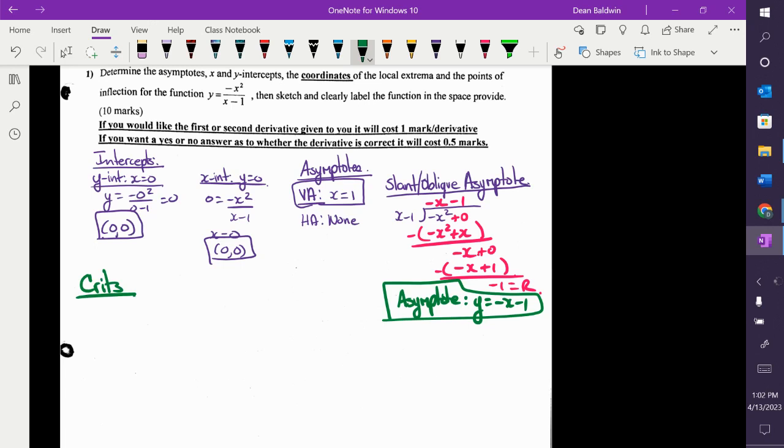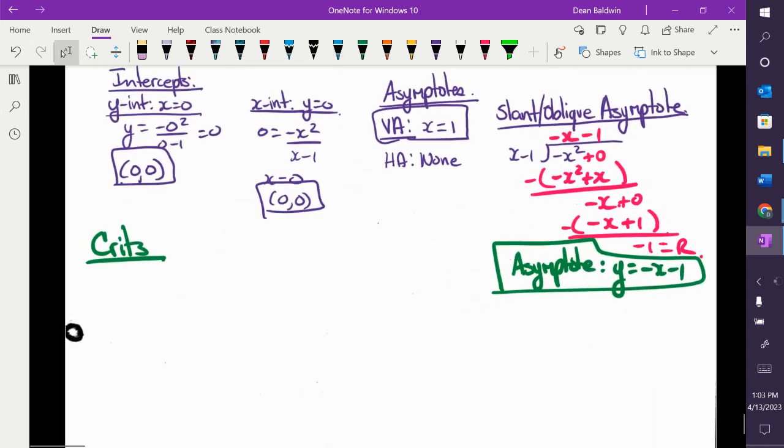I should do this in a different color. What color should I do it in? Blue. All right, here we go. y prime equals